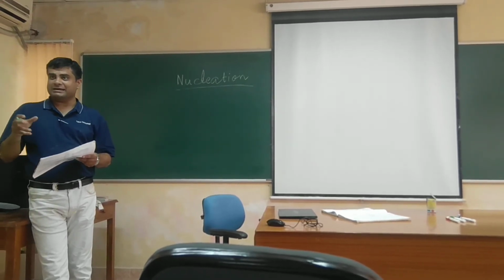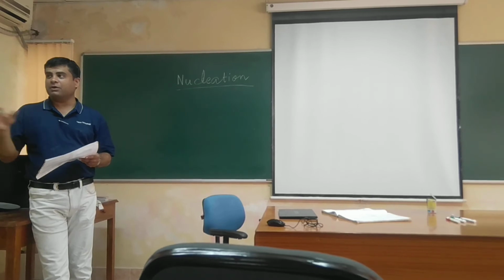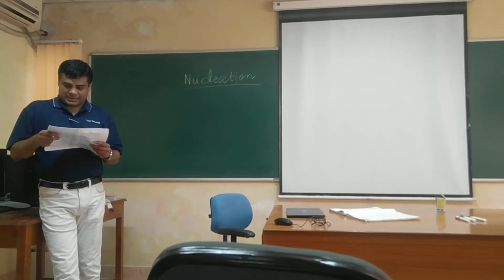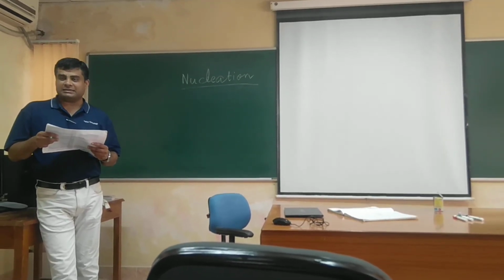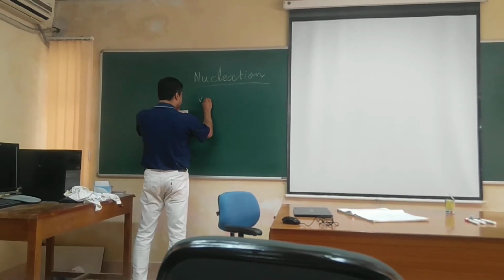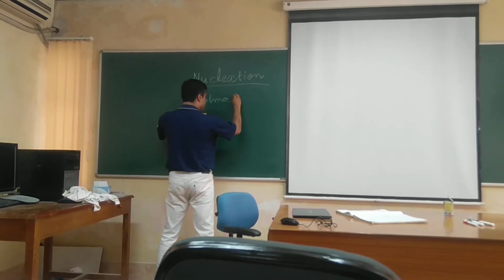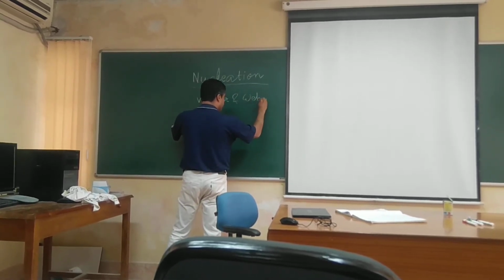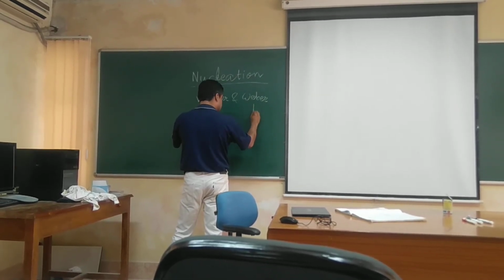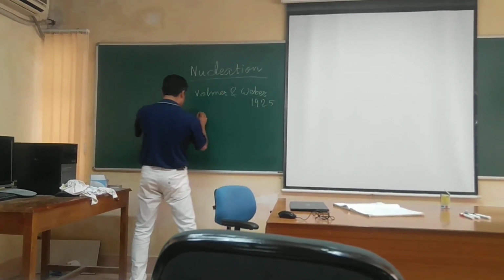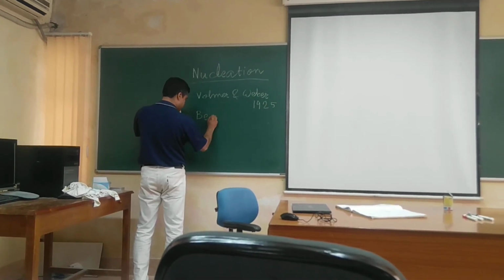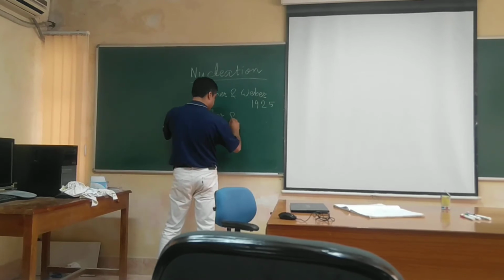Now these fluctuations of the clusters that form, in reality they may vary in size, shape, composition and structure. It may not be the case that those embryos or clusters that are forming are compositionally or structurally homogeneous. In reality, the embryos that form may be of different size, shape, composition, structure, and inside one embryo also it may not be homogeneous.